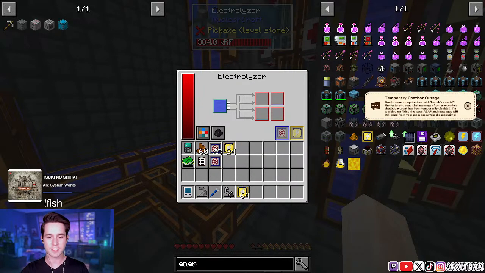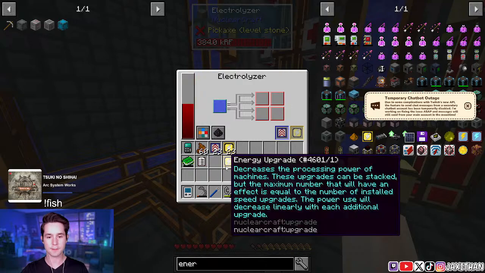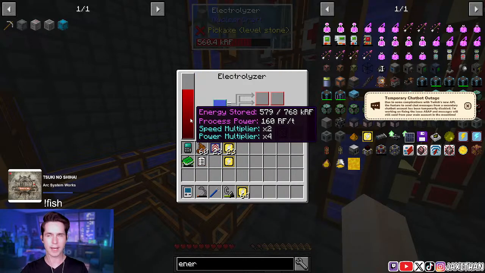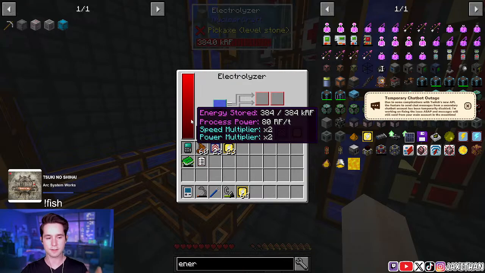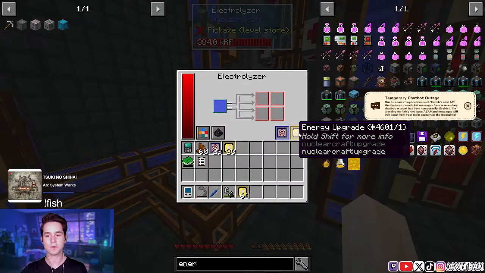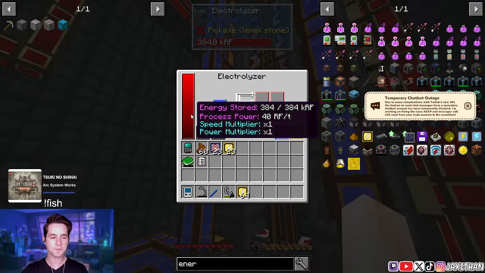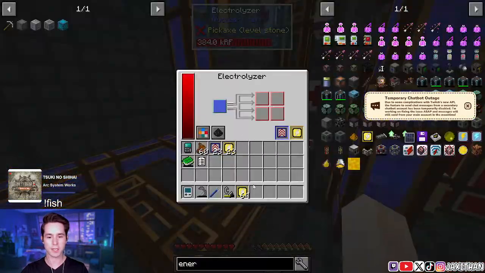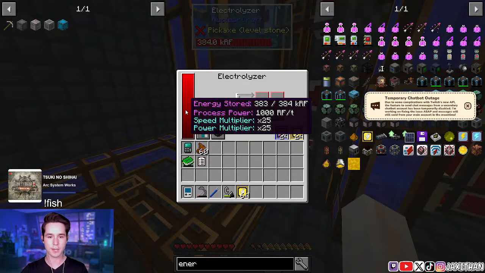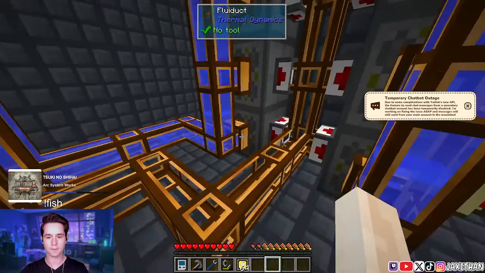This is 40 RF per tick. For every one speed upgrade, it goes up by a factor of 4. Every one energy upgrade, it reduces it by a factor of 4. So 1 to 1 gives us an additional 40 RF per tick. If you take a look, it's 40 RF per tick with no upgrades. So we can just dump in 24 upgrades to get it up to essentially having 24 of these electrolyzers, and